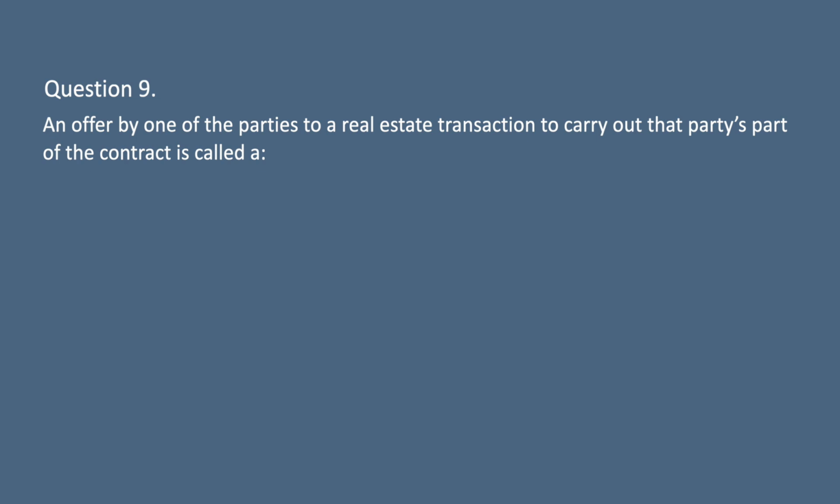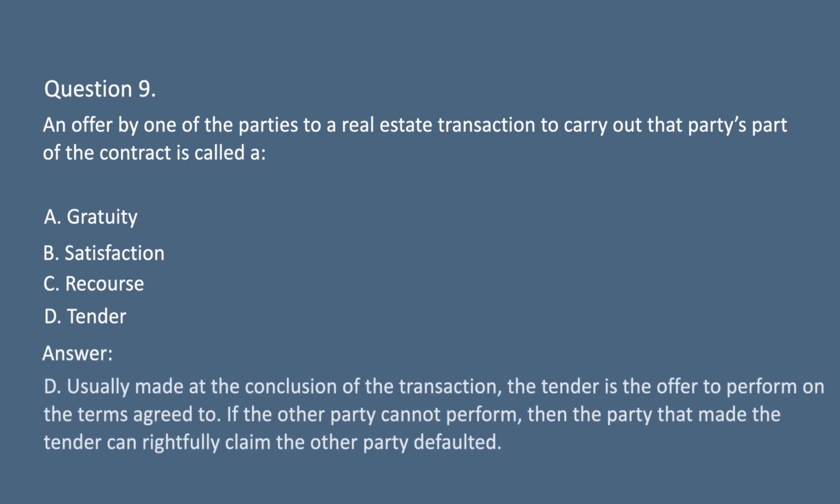Question 9. An offer by one of the parties to a real estate transaction to carry out that party's part of the contract is called a. A. Gratuity. B. Satisfaction. C. Recourse. D. Tender. Answer. D. Usually made at the conclusion of the transaction, the tender is the offer to perform on